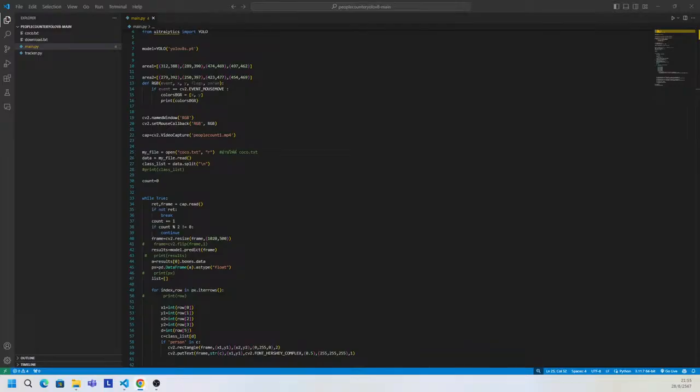Then we are going to read our classes line by line, one by one. So for that I have created here a variable which is class_list, and that class_list variable is basically our classes name one by one. So we only want